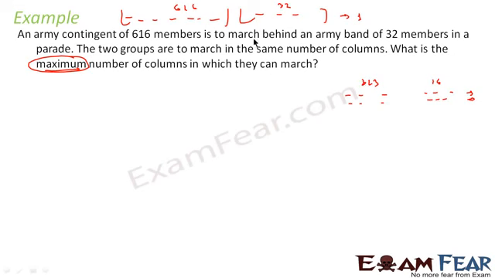If we try 4, 4 also may not work, because 4 is not a factor of this. If you can see this, 4 is not a factor of this. So we have to find one number which is a common factor to these values, and that is maximum, and that term is called highest common factor. So here we have to just find the HCF, correct? So in a way, the question is asking us to find HCF. That's it. So let's find the HCF.